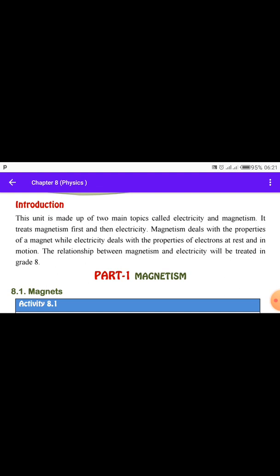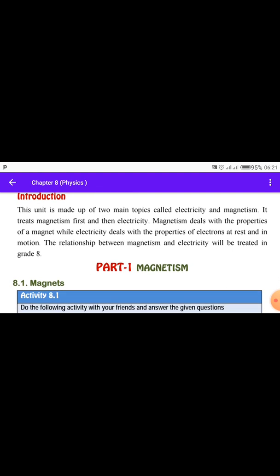and the relationship between magnetism and electricity will be treated in this unit and in the next grade, that grade 8. So part 1, what magnetism mean? ስለዚህ ኮንሰፕቱን ይዘናል። መጀመሪያ ማግኔት ምንድነው የሚለውን ነገር፣ ኤሌክትሪሲቲ ምንድነው ፓርት 2 ላይ እናያለን። okay 8.1 that is magnet